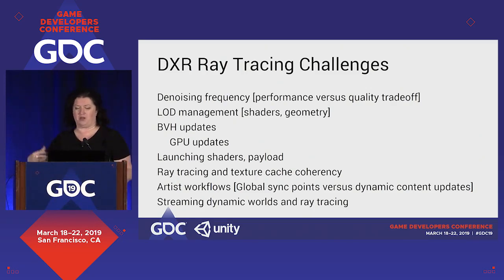Then, of course, we need to think about ray tracing and texture cache coherency. The main thing I want to mention there is we think we understood texture streaming, right? Like we can predict when the objects need to stream in pretty well. With ray tracing, guess what? You're out of luck. You don't know when the texture needs to be streamed in. It's outside of your camera view. So there's some really good thinking that I think is going to happen in the next 3 to 5 years on how we combine the generality of our dynamic worlds, open world streaming and so forth, with the lockdown of the black box, always loaded and compiled at runtime BVHs that are not in our control. So in general, that's a pretty big challenge.